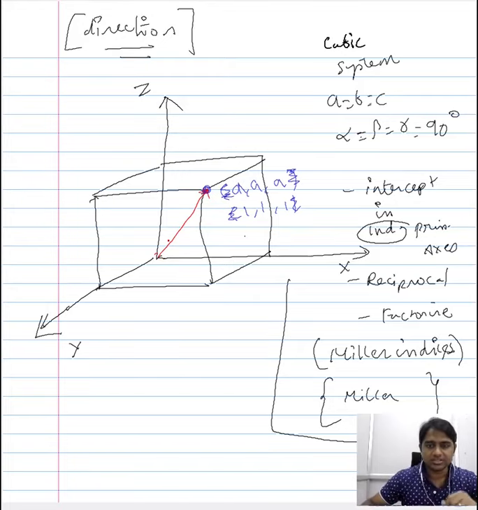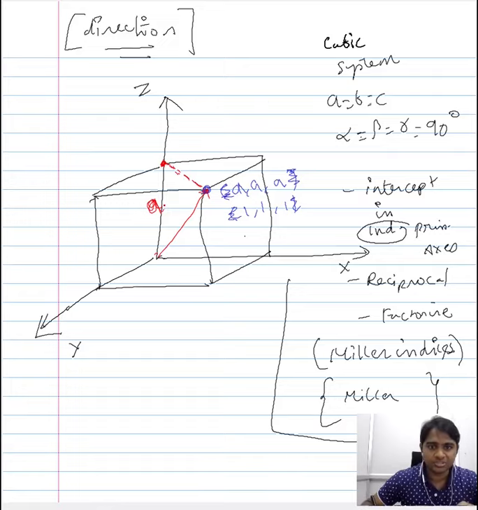In order to project this direction to the principal axis, the easiest axis to which this direction could be projected is the z axis. So the way to project it is here. I am just drawing the sight line and then seeing where this projection meets. So when you draw a straight line, this projection meets here, and this point is a length a away from the origin. So the projection of this direction onto the z axis meets here, and this point is a away from the origin.